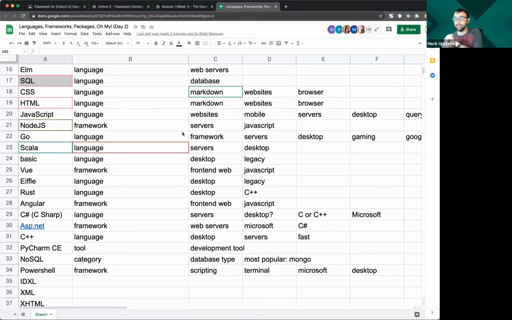Ruby's primary one is going to be Ruby on Rails. And then for something like PHP, you're going to have something like WordPress or Django. So you're starting to see these things cluster together. Well, you're going to need a database. For your database, you're either going to use a SQL database or a NoSQL database. For your SQL databases, you're going to pick between Microsoft and Oracle or MySQL, or you're going to go to a NoSQL database like Mongo.